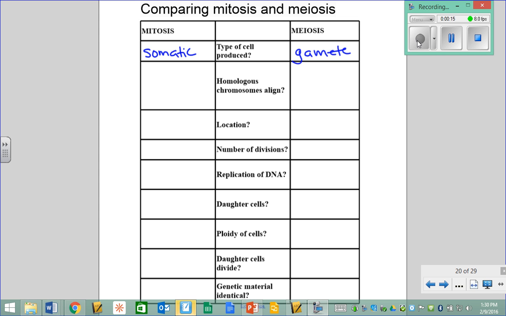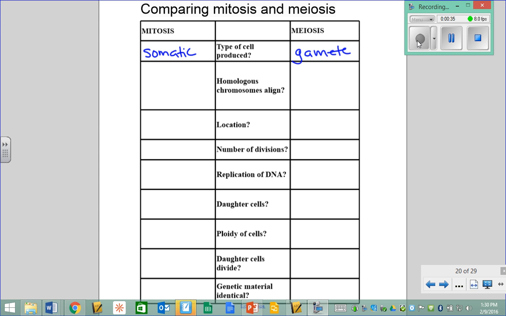For example, for mitosis, if you said something that's not a gamete, you are correct. It produces everything but those. Meiosis, if you said a sperm or an egg, something like that. Even if you said diploid and haploid, I would accept that. Those would all be good ways of describing it. Or if you said germinal cells.